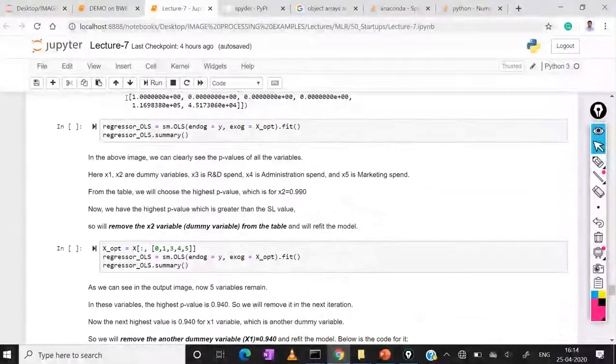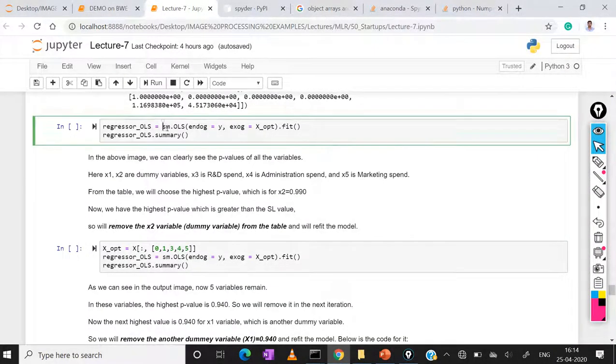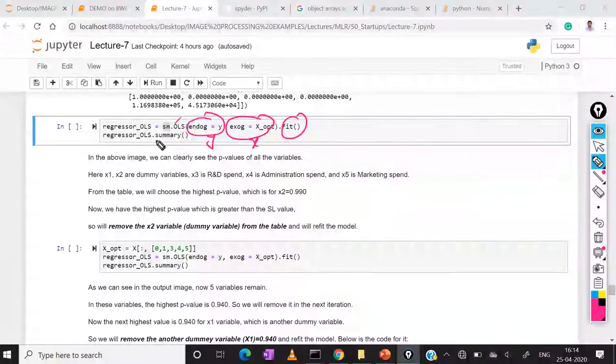Here I am applying my model, sm.OLS, where OLS means ordinary least squares method. This is the y value and this is the x value, and we have to fit the model. The model is the ordinary least squares model. Now if you check the summary, how will it look? We execute this statement.